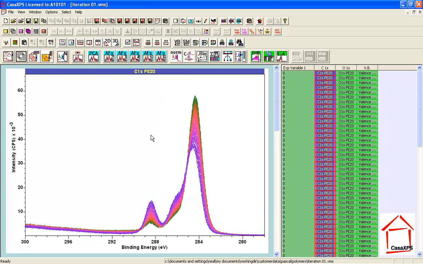So there's a certain consistency in these changes that makes us believe that these are genuine changes in the sample and not some sort of errors in the measurement of the sample. If we simply consider the carbon 1s, we can do calculations based on principal component analysis and evaluate how many different changes we can mathematically determine within these data. So when I press the PCA button,